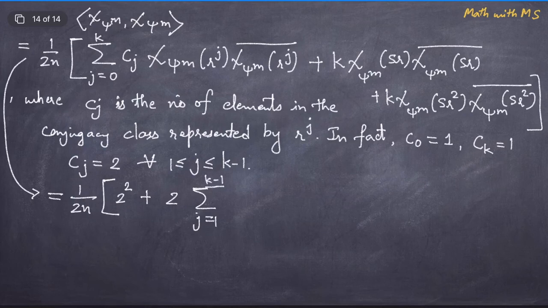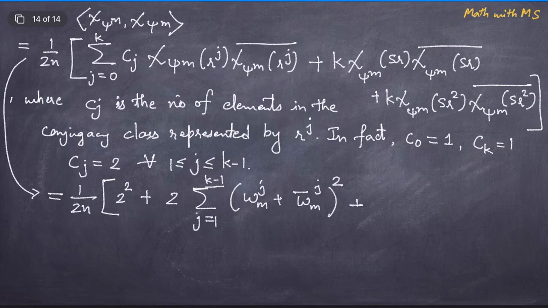In the previous slide we computed chi of psi m at powers of r^j. We know it is the same as omega m to the power j plus omega m bar to the power j, alright, and its conjugate, but the conjugate is the same element, therefore it just becomes square,